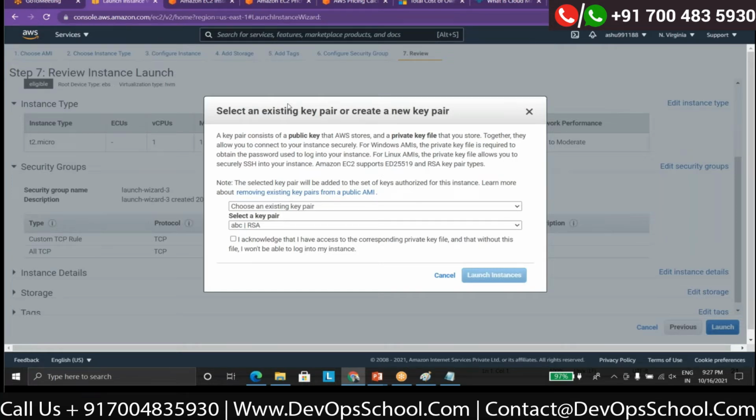AWS will be launching this instance. Okay, it will be putting